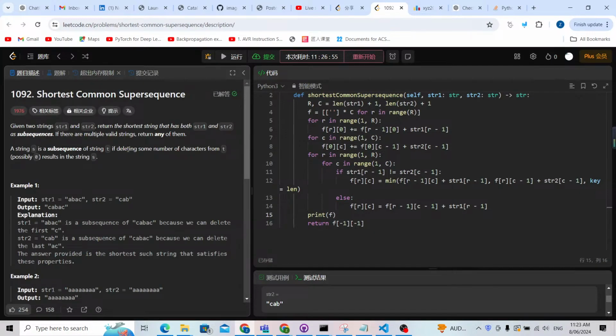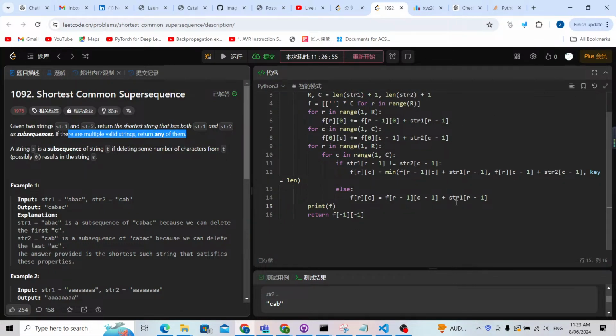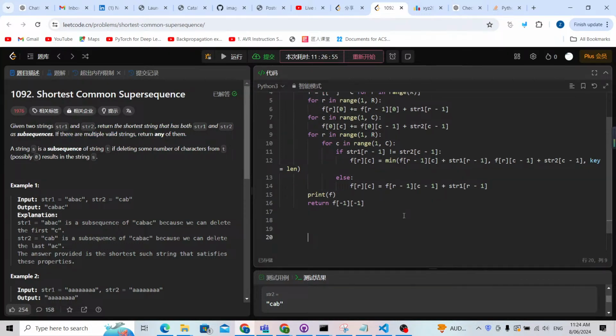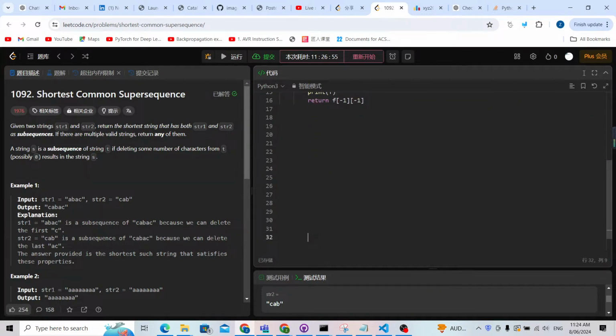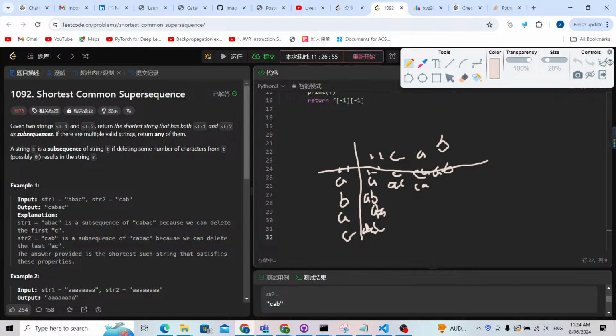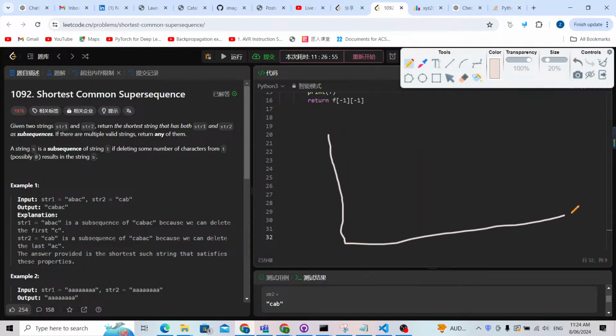Because there will be multiple valid strings, we just need to find any one of them. This means we can use backtracking to go back, but we don't need to write the backtracking function. Let me explain it from here. The idea is that, according to our first running of the DP function, we get an array,